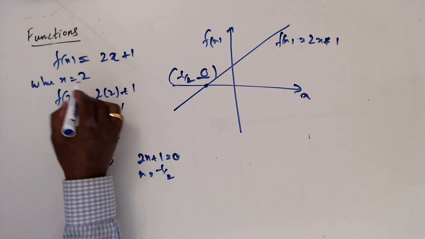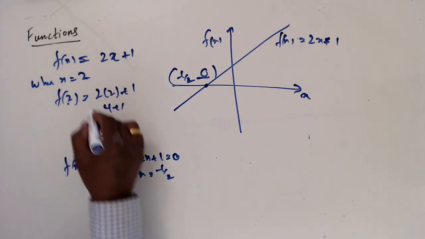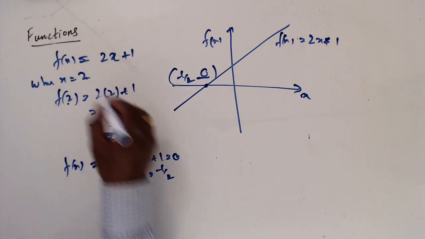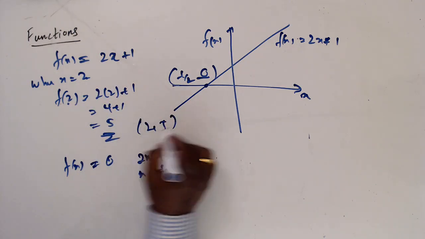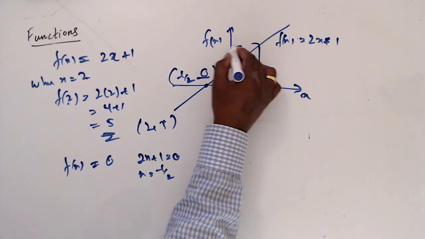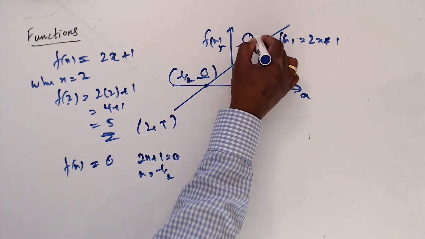When x equals 2, you substitute 2. Now this coordinate is 2 and 5 somewhere. Yeah, 2, 5. So this coordinate is 2 and